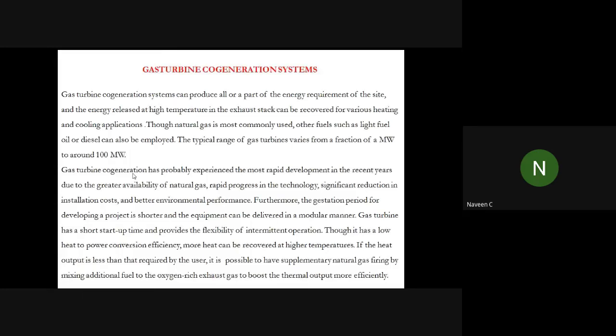Gas turbines are mainly used because they can be installed faster. We can start the gas turbine faster. Whenever it is required, you can start it, and whenever it is required, you can switch the turbine off. It's not like a steam-based turbine. You cannot switch off a steam-based turbine frequently; if you do, the lifetime of the turbine will be affected. But with a gas turbine, no problem at all. You can start it and switch it off like a fan.